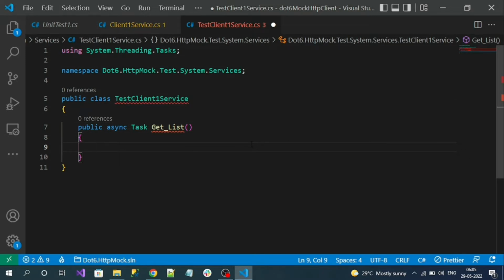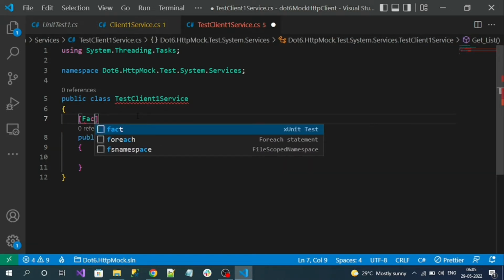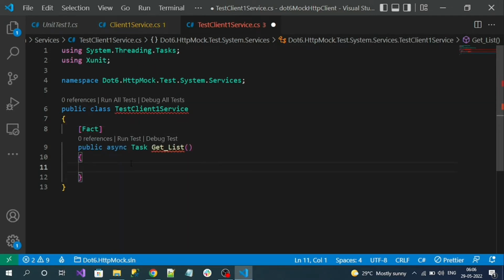Okay. Now to make this method a test case, it should be decorated with the Fact attribute. That loads from the XUnit namespace. And after adding Fact, you can see Run Test, Debug Test, some IntelliSense commands are showing. Now let's implement the AAA formula in test cases, that is like